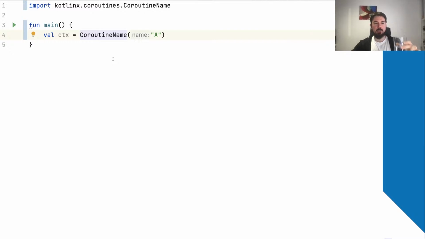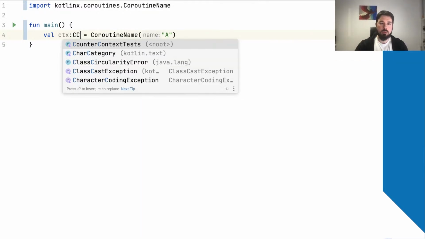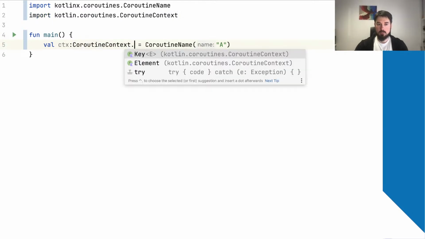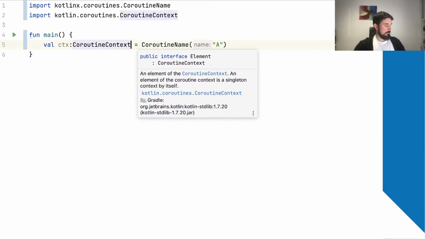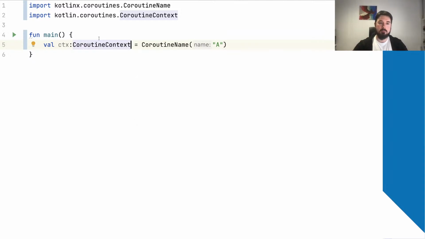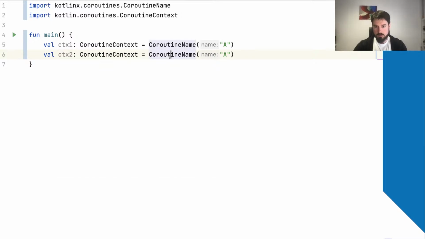Yes, this is how context works. So this coroutine name is of course of type coroutine name, but it is also a coroutine context element, which is also a coroutine context. So you know, this element is a set by itself. However, if you add two contexts together, so coroutine name and let's say a job,